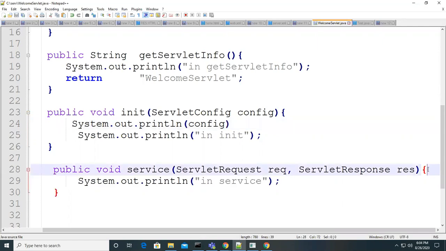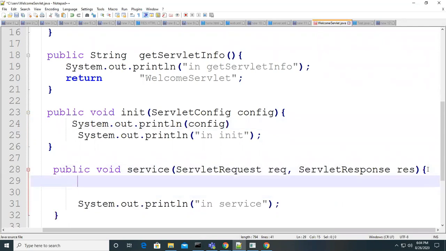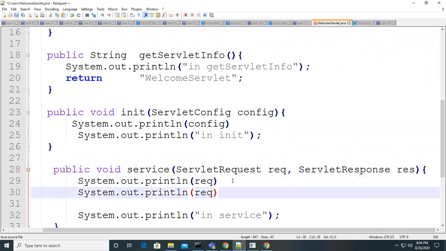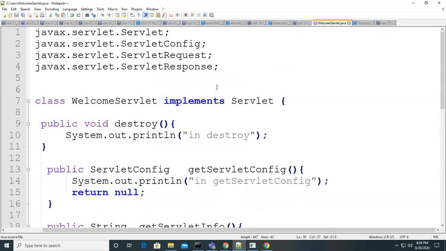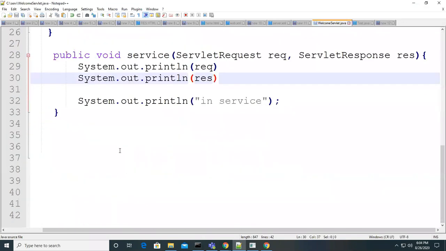We'll try to understand what happens when you send a request to a server. I'm displaying the request object and also the response object. Now look at this, I just changed my code. We are trying to understand the flow. That is the reason I kept some messages here.